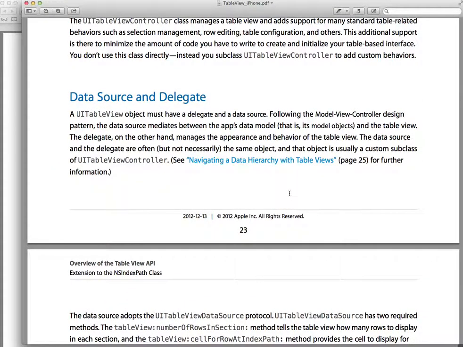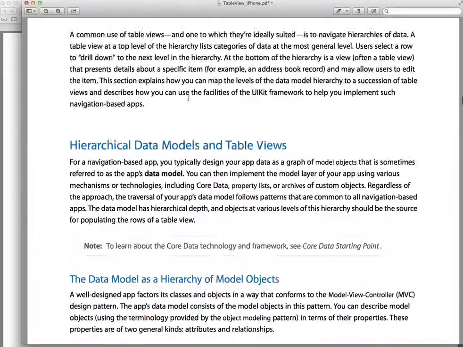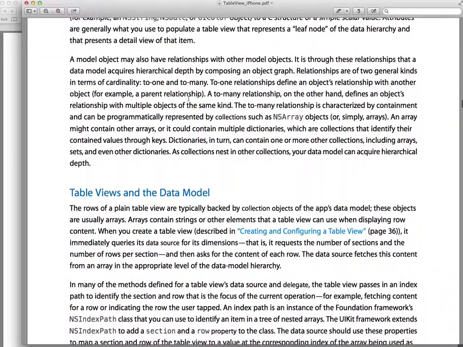The data for the table view controller works very similar to what we did with the picker view. Remember the picker view from project number 2? We had to use a data source, and we put an array in the data source, and we had to use a delegate to respond to the user moving the scrolls on the picker view. The table view controller works in a very similar fashion. There is a data source that we have to set up, and there is a delegate as well.